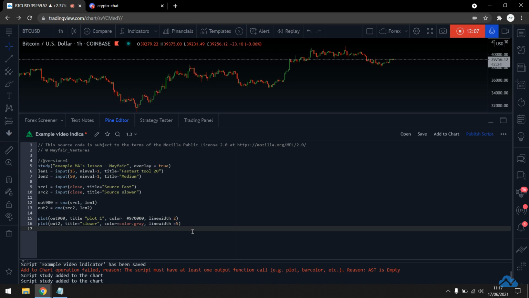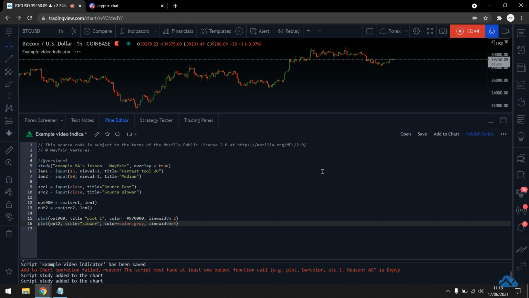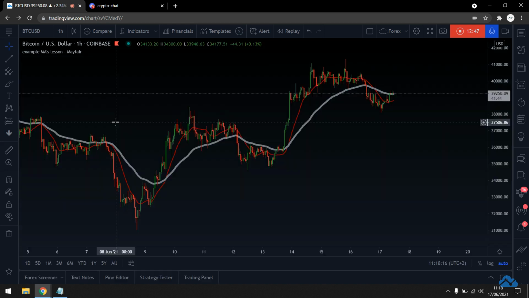So in essence, what I've done is I've put 2 moving averages on the chart. The overlay covers both of them. We've got length for both of them. We've got the source for both of them. We've got the actual instrument itself, so an SMA and an EMA. And then ultimately what we have is 2 different colors. So we've got the first one being a smaller 15, the second one being a larger 50. And therefore I'm going to use just the line width to show this as an example. So we're now going to have a 50 in gray, line width 5, and this then could be added to the chart, giving us the next part of the indicators.